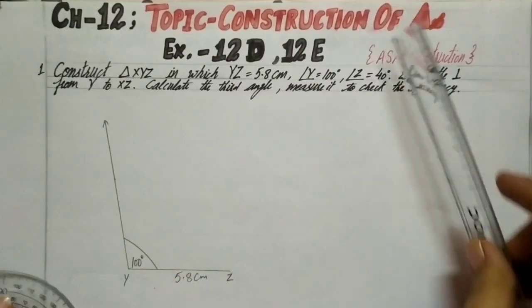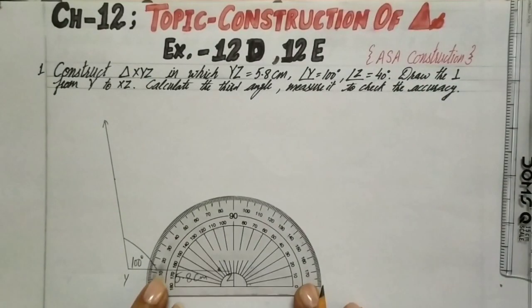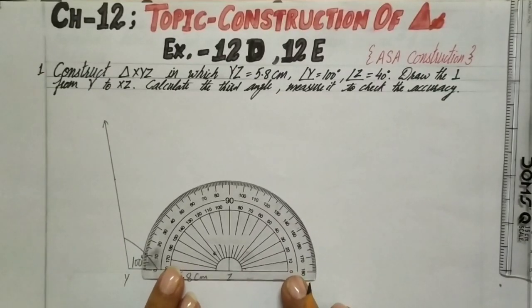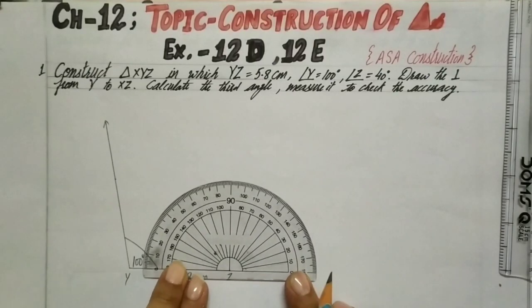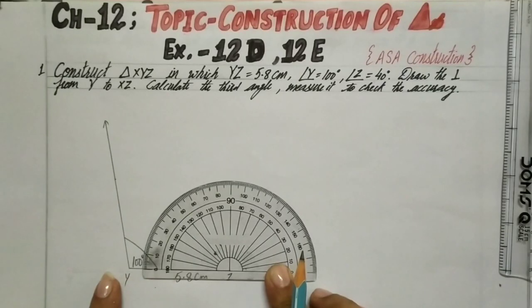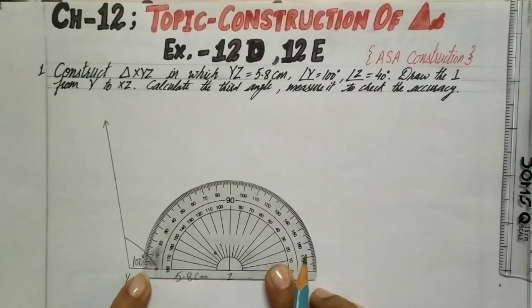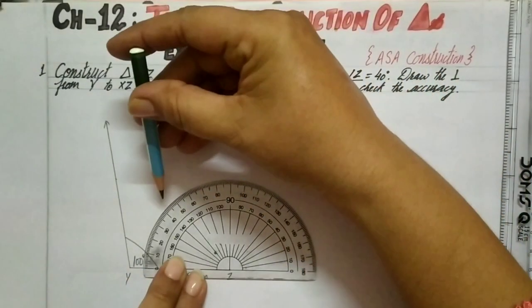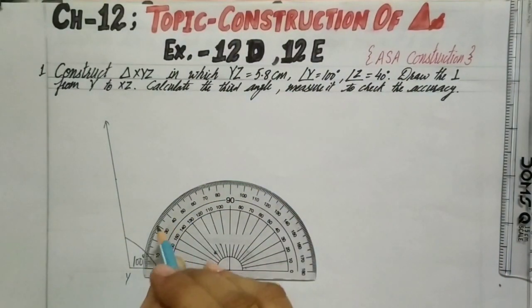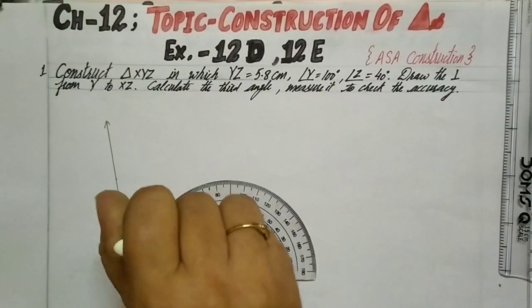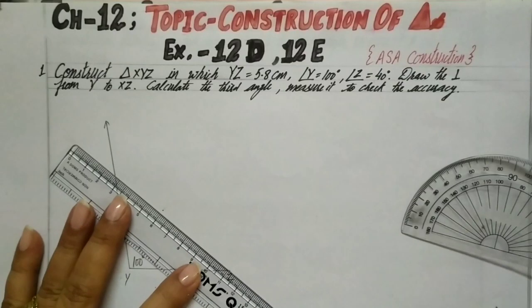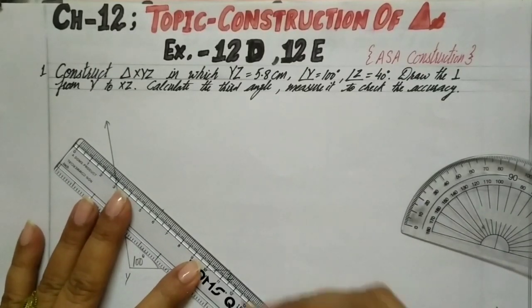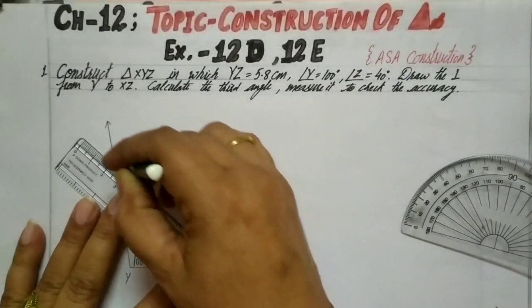Second angle is at Z of 40 degrees. Now put your protractor at YZ, taking Z as center. Now draw an angle of 40 degrees. As the segment is pointing towards the left side, now we'll take 0 from the left side. So this is 0, and what about 40? 40 is here, as you can see over here. So this is 40. Now draw a ray starting with Z and passing through this point, intersecting the previous ray.